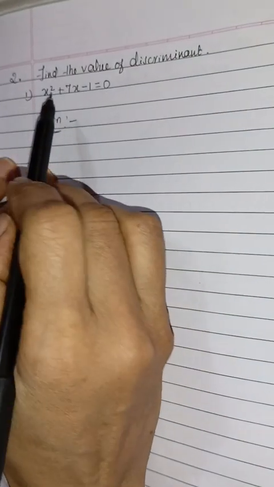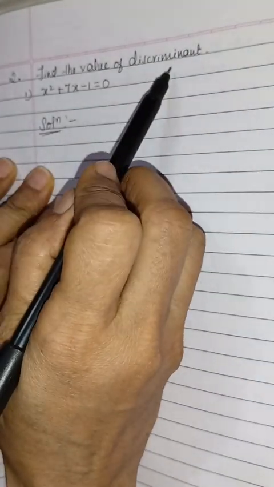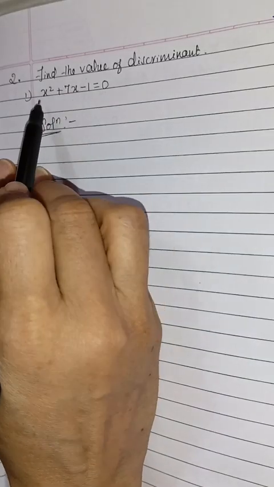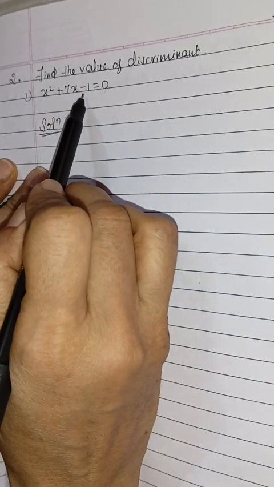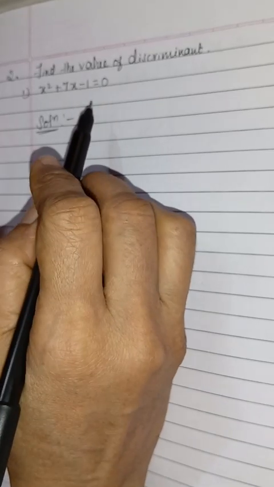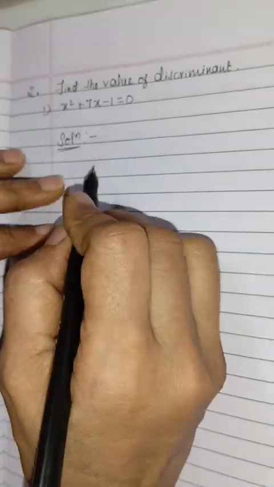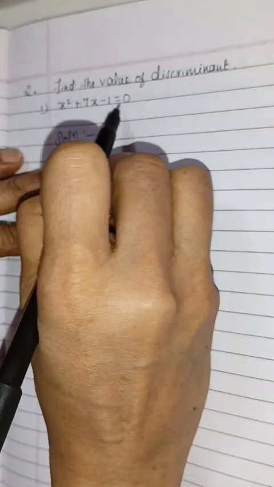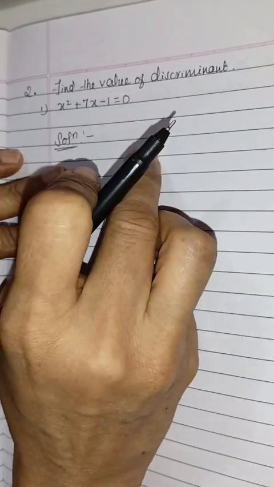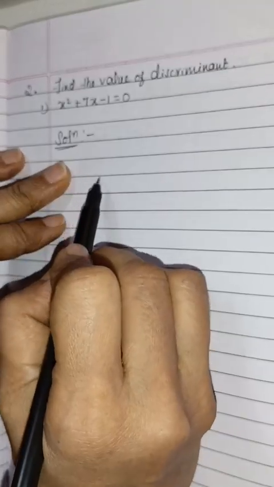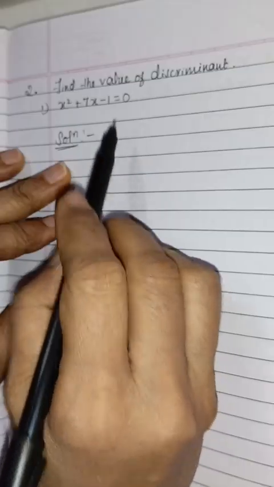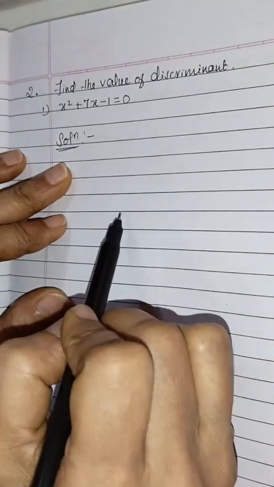Second one is find the value of discriminant. First equation is x square plus 7x minus 1 equal to 0. Okay, this is the quadratic equation. So we have to compare with our standard formula and write a, b and c. Then find out b square minus 4ac, that is called discriminant, no? And simplify. Okay, so first comparing